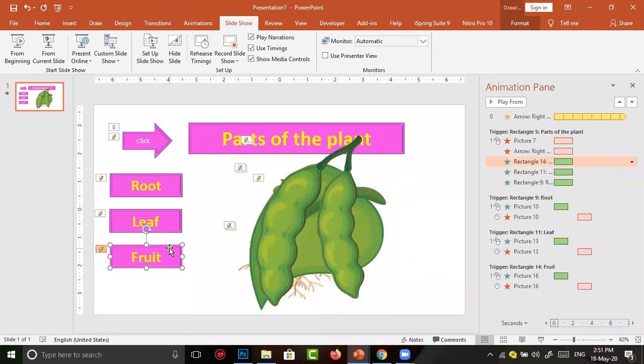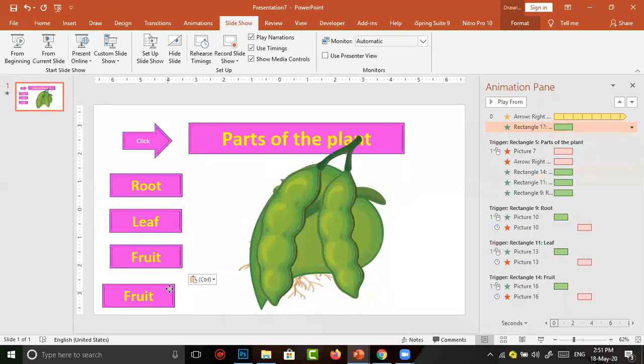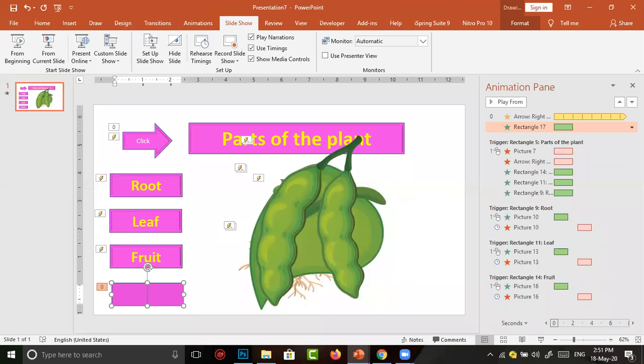The one more part I want to add is the other part, flower. For this also, I copy the previous one. I copy the fruit again and change the fruit into flower. Change the text into flower.